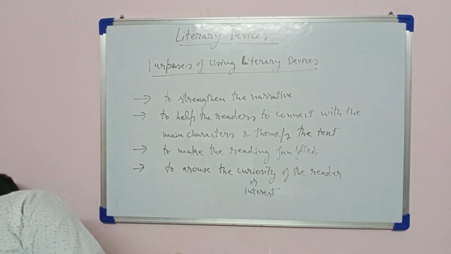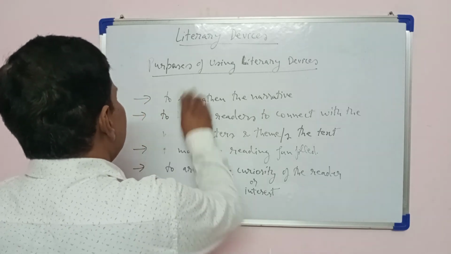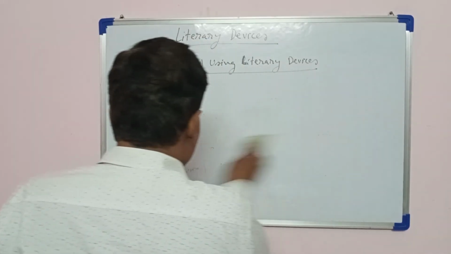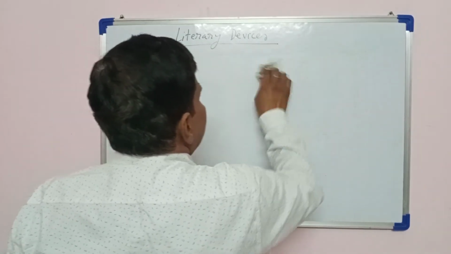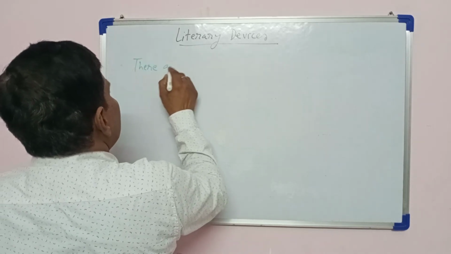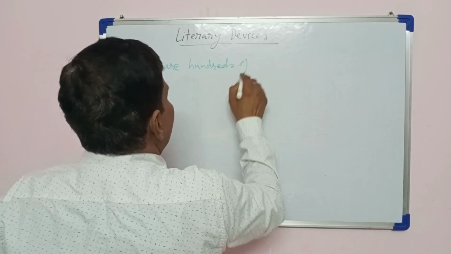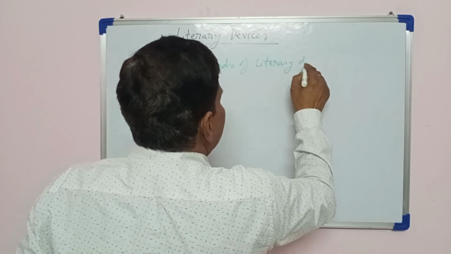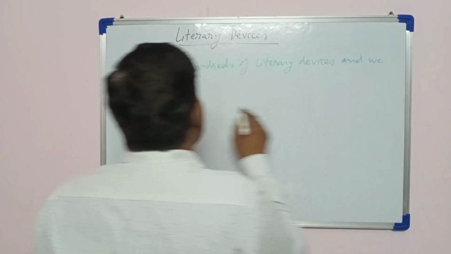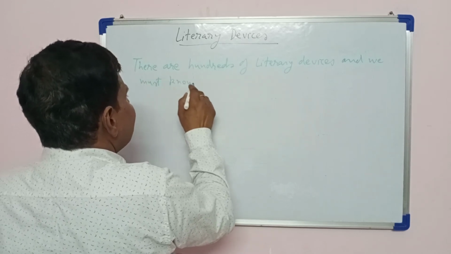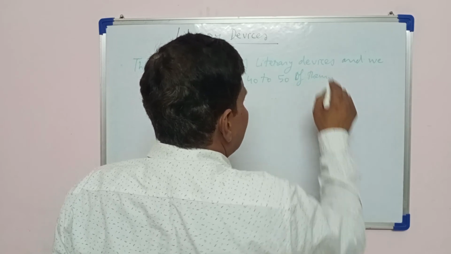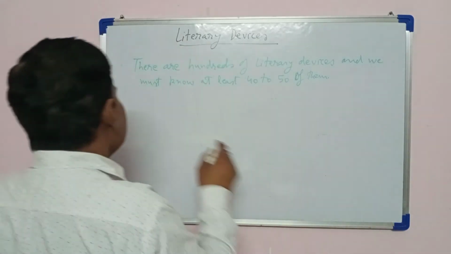So let us understand what the main literary devices are. We will just understand some of the examples here. As I told you, there are hundreds of literary devices, and we must know at least 40 to 50 of them. Why? For better understanding of the literary text. Some of the examples of literary devices: